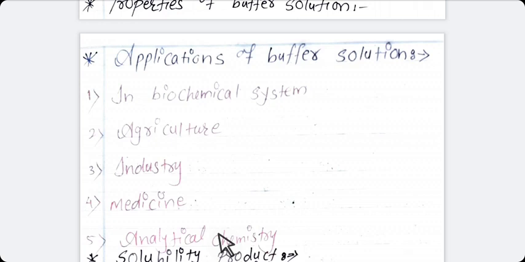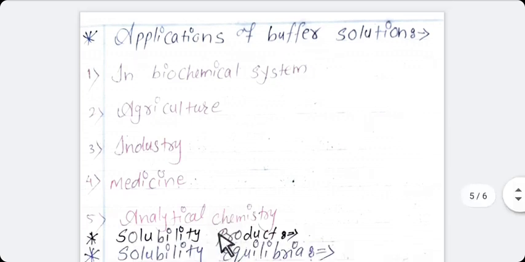Students, you already know what qualitative analysis is. Qualitative analysis you have done in your laboratory. Detection of group you have done in your laboratory. Qualitative analysis means detection of cation and anion in a given salt. And group detection, you all are familiar with.